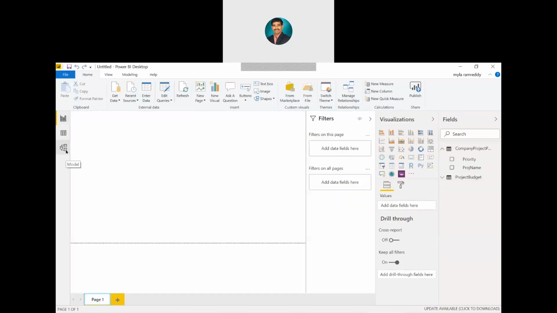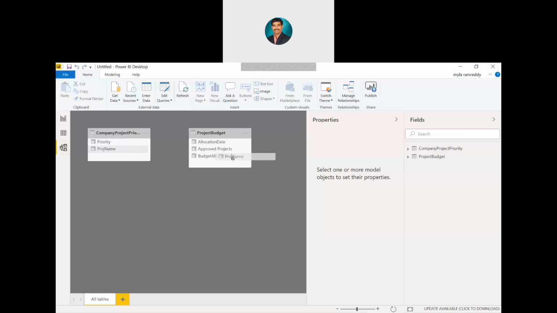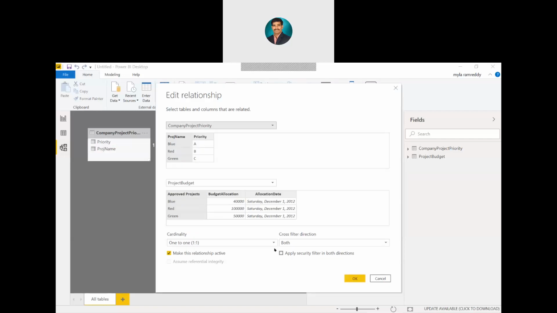Now if you observe here the relationship from project name to approved projects, what do we have? Yeah, this is what I am expecting. 1 to 1. Even the direction, if you notice, is both directions. That means from whichever direction you see, this is only a 1 to 1 relation. Now if you observe the properties here internally, something like this is available. But do you think it is always 1 to 1? Today we have data like this, so it is 1 to 1. But I am seeing some kind of loophole here.